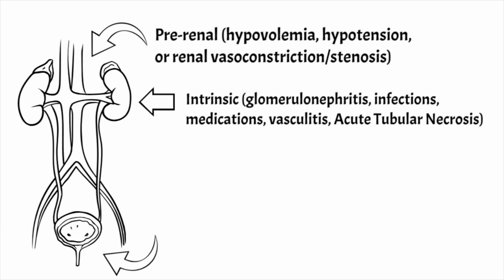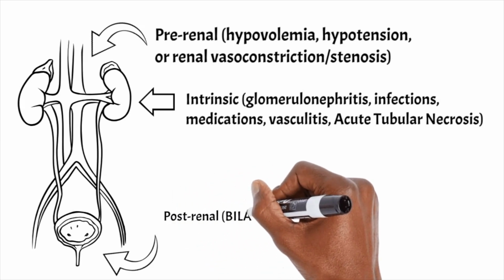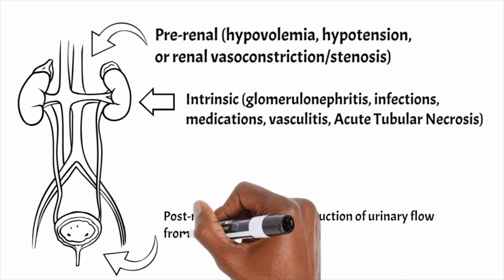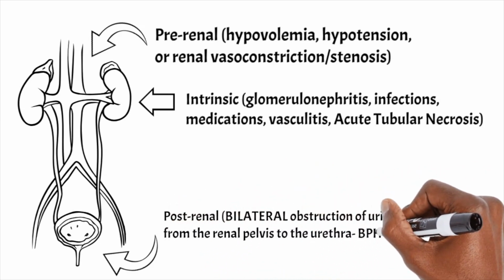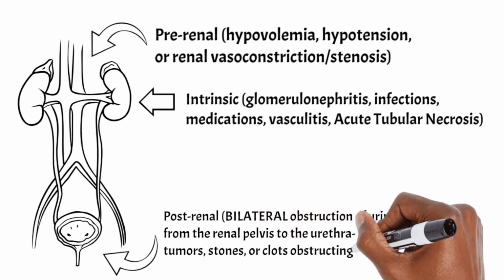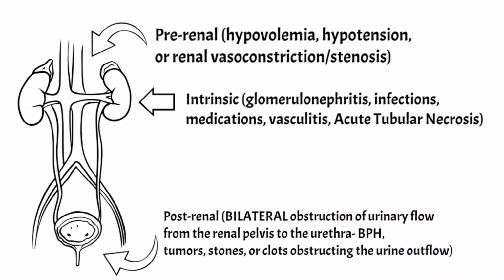Post-renal acute kidney injury is due to processes after the kidney that result in damage to the kidneys themselves. So again, as the name implies, post meaning after, and renal meaning kidney. So any injury that occurs after the kidneys that eventually leads to damage to the kidneys. Causes include any condition that results in bilateral obstruction of the urinary flow from the renal pelvis to the urethra. Some examples of causes of post-renal failure include benign prostatic hyperplasia or BPH, tumors, stones, or clots that obstruct the